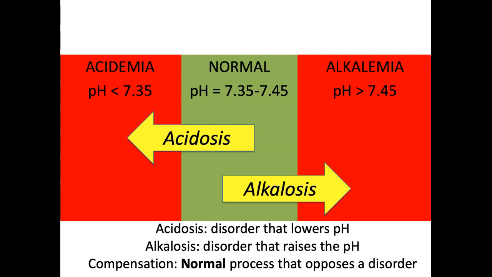Now, we have robust mechanisms, and I've hinted at a few of these in the prior lecture. We call them compensation. Remember, our body is designed to mitigate changes in the pH, and so compensation is a normal physiologic response that opposes the primary disorder. Okay, so compensation happens in response to the primary disorder to pull the pH back towards normal. One key point: compensation never brings the pH back into normal range, but it does bend it towards the normal direction. It never pulls it all the way to normal, but it does mitigate the